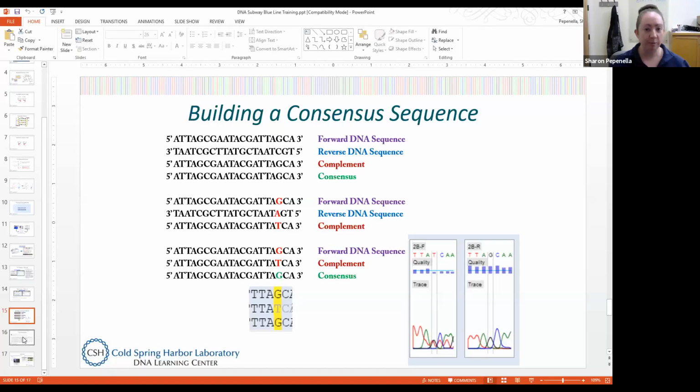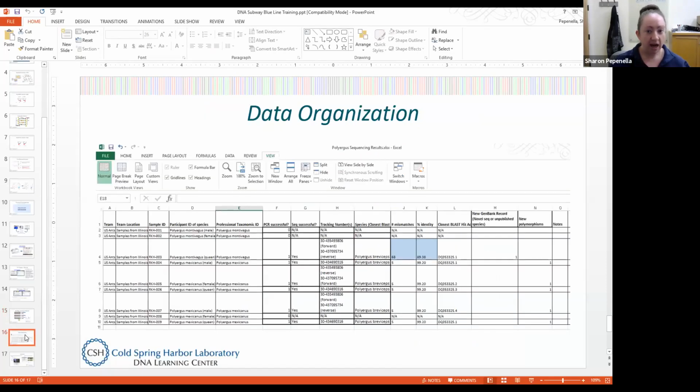We will provide for you a means to organize your data. When you're going through your sequence analysis, we really recommend putting it in something like an Excel file. Here I have an example where we'll have your team name, your location, your sample IDs, if you've identified it yourself, if we had a professional identify it, was your PCR successful, was the sequencing successful,